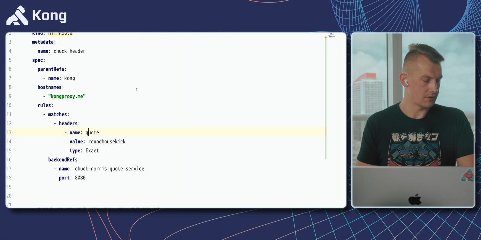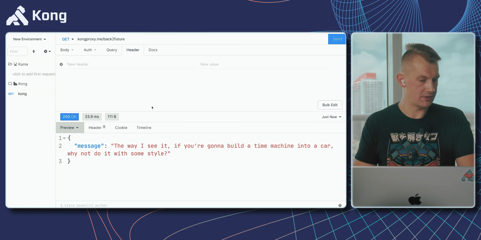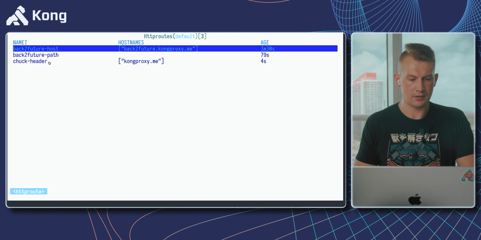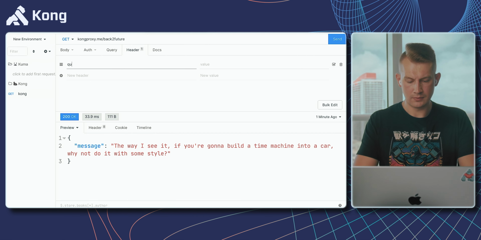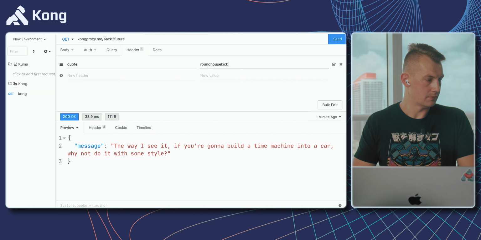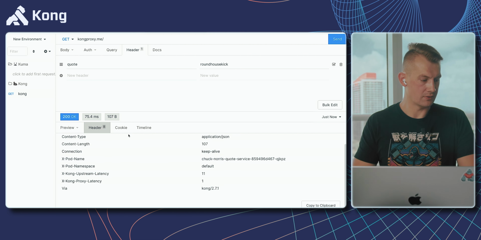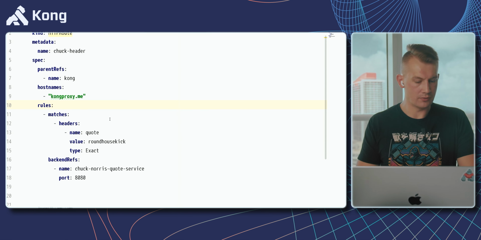In this case, I will go ahead and just do apply. And let's get back. We see my new route, Chuck header, here. So if I just do quote and remove this, now I have a response from the Chuck Norris service. And as you can see, my routing was successfully configured here. So that's what it gives you. You can do different sorts of routes, and more importantly, in a similar way you can configure the same communication